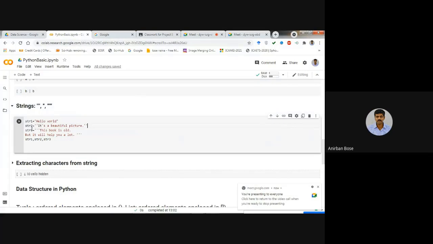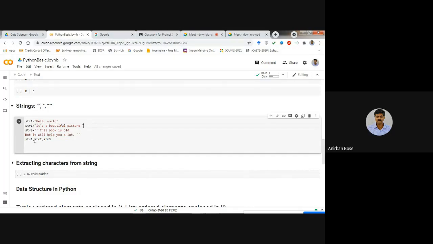Instead of str2, if you write str1 again, now the value will be changed, right? Yes. So it will take the last assigned value.